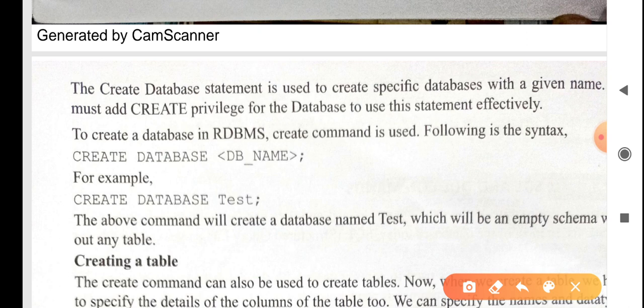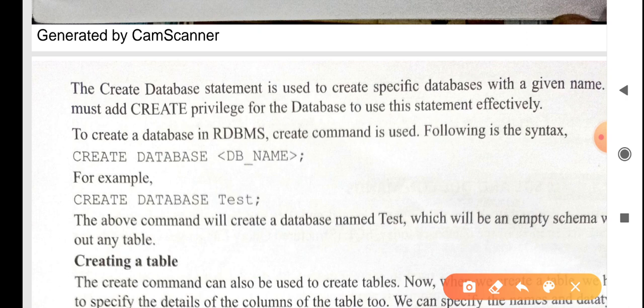The term written under the angular bracket can be replaced by the original name, and the words written in complete capital letters are the commands that can be used exactly as written in the PDF file that you are seeing right now.